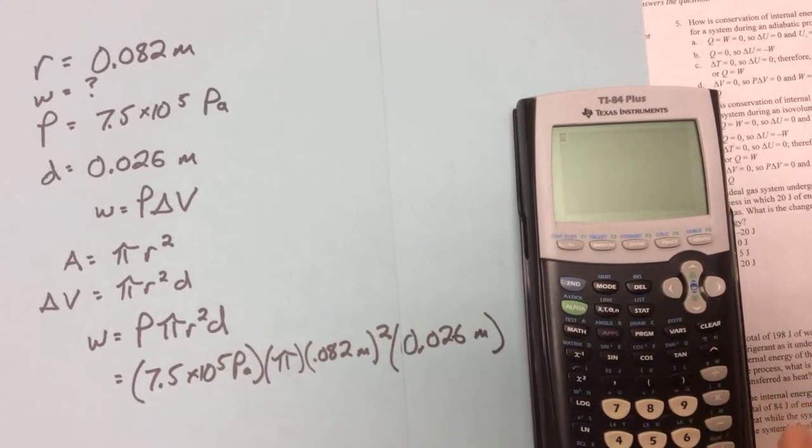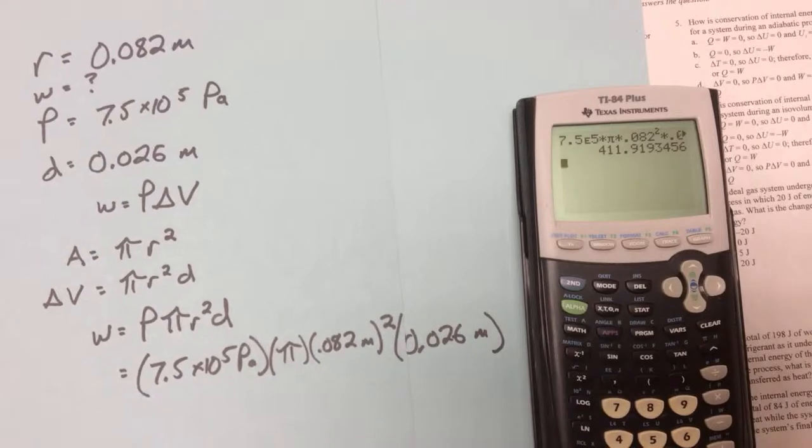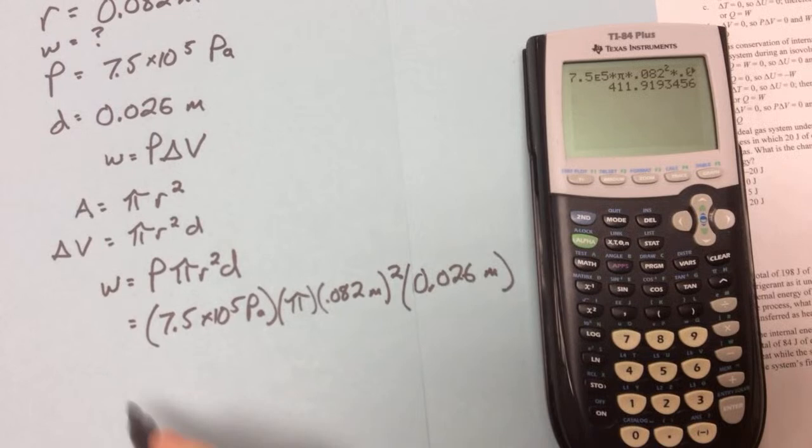Okay, so we have 7.5, and I'm going to plug it in directly as it's written here, times 10 to the 5th times pi times 0.082 squared times 0.026, enter. And I get this number, 419.9, all that kind of stuff. Let's just round it to the nearest joule. All right, and so that's going to give us a final answer of